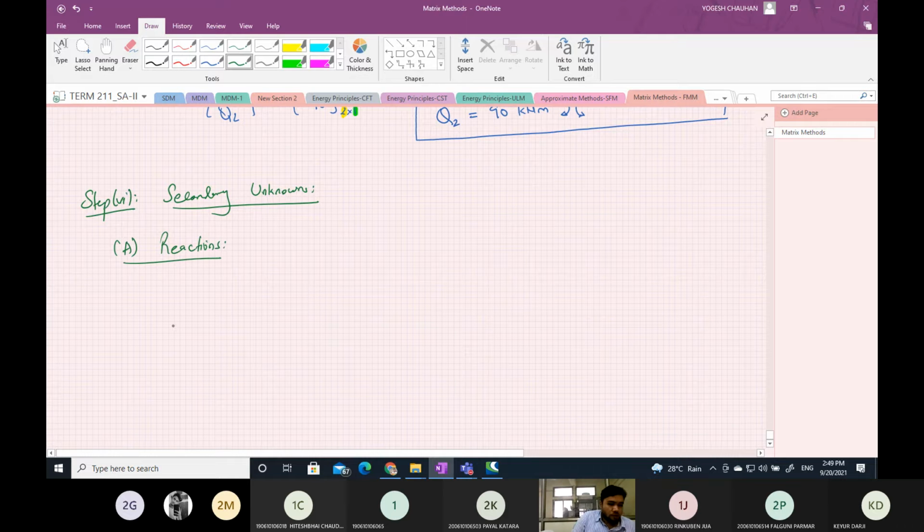So reactions are given by AR is equal to ARL matrix plus ARQ matrix into Q matrix. We know the Q matrix here, but we have to find ARL and ARQ. So let us find ARL matrix, where ARL matrix is equal to,